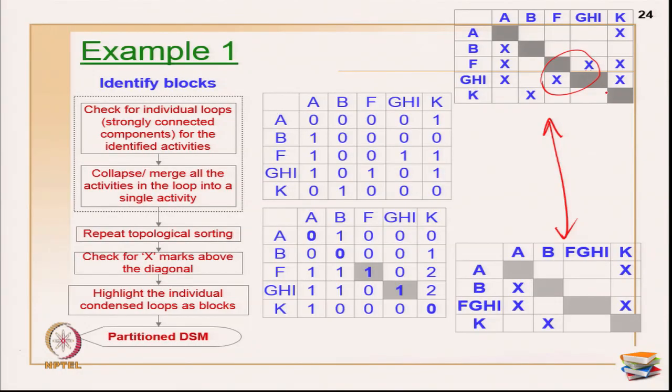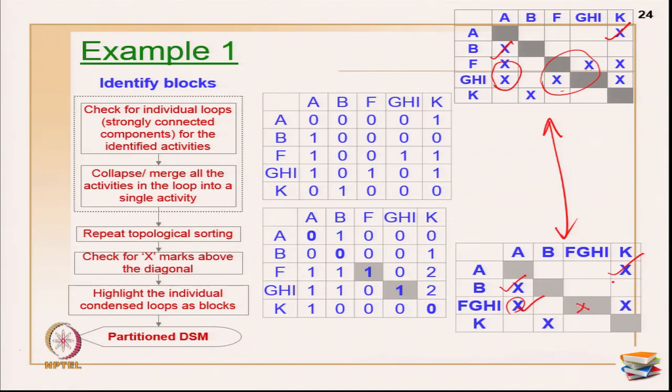So, K gives information to A, that is seen here. A gives information to B, that is also seen. A gives information to F or F, G, H, I, that is also seen here. Now, F gives information to GHI and G is giving information to FGHI. You need not show that because there is no relationship to be done. You need not even worry about this.